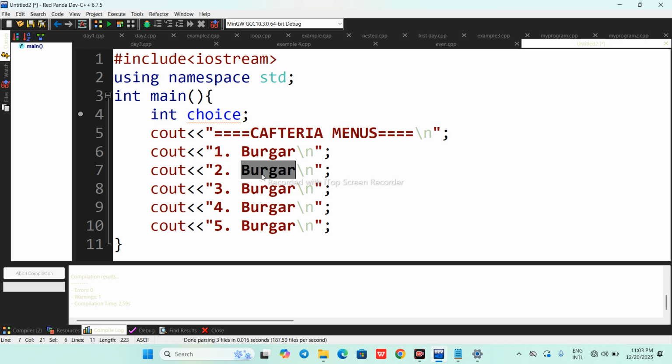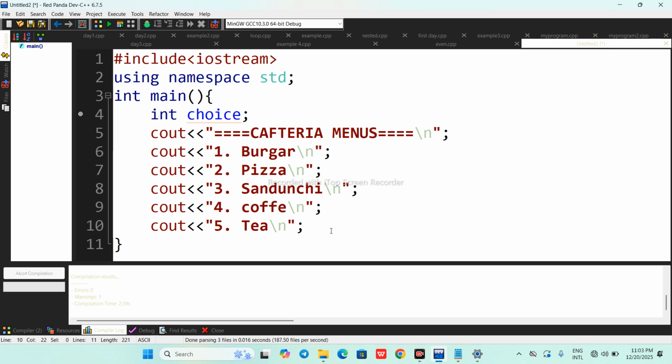This will be pizza, this will be sandwich, number 4 will be coffee, and number 5 tea. Okay, this will be the menu.